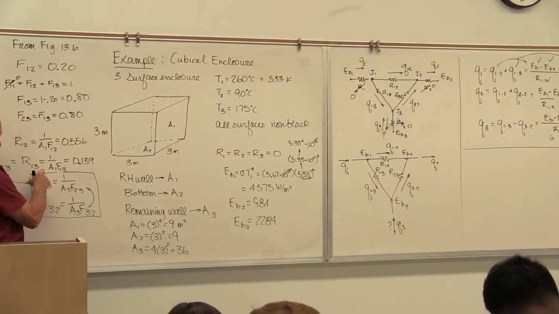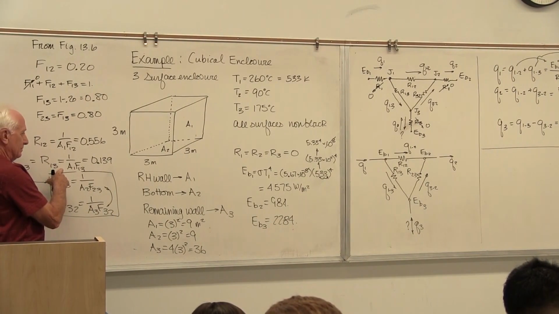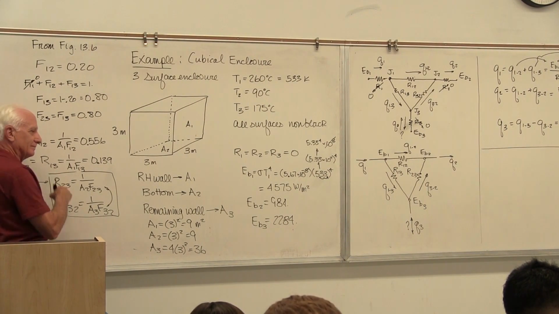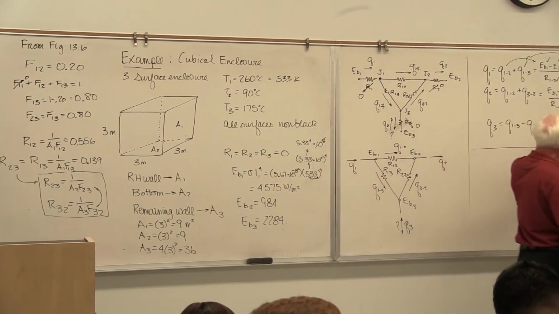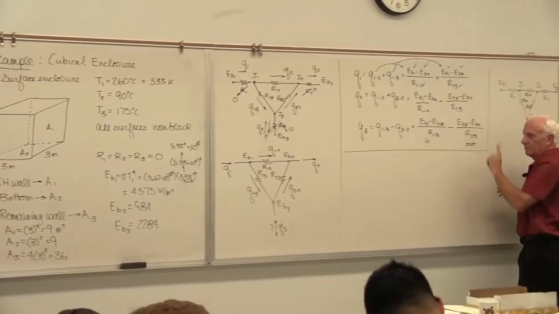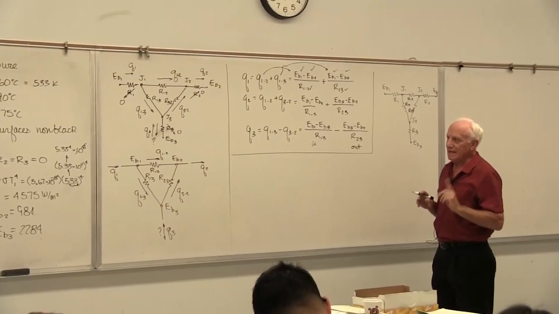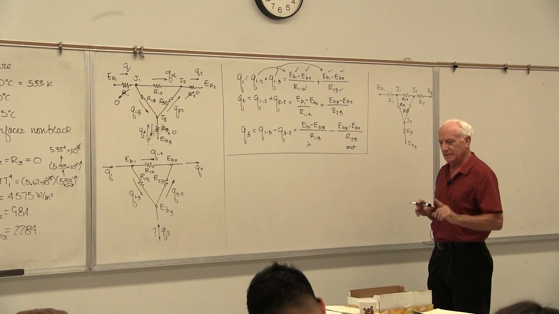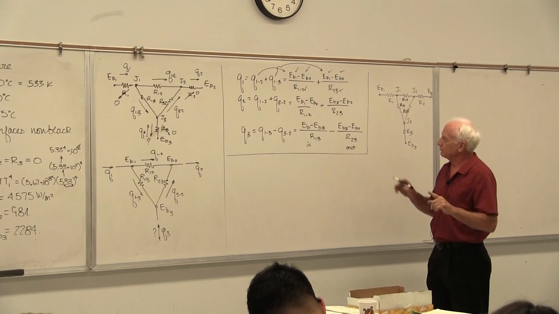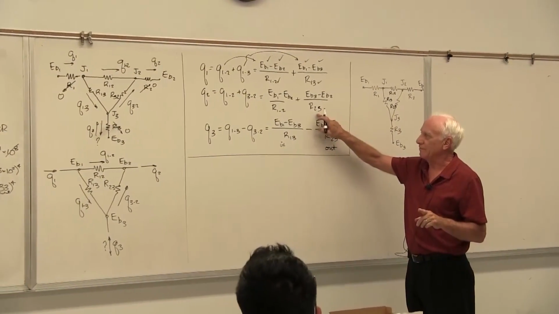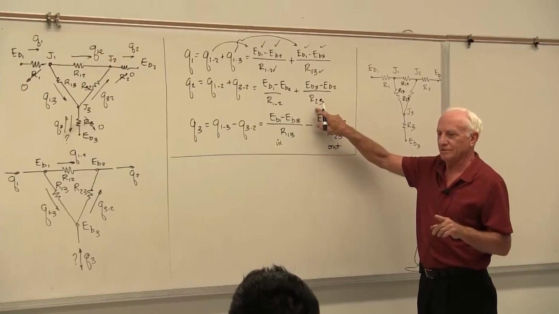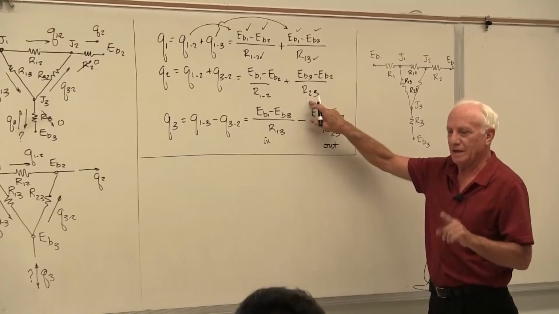So I find R13 first. There it is right there, R13. I don't want to find R31. So my conclusion is, you've got a choice to make to find these R's, the 2 subscripts. Take the easy way out. Sometimes one is easier than the other to find. Maybe F23 is easier to find than F32. Then use the R23.